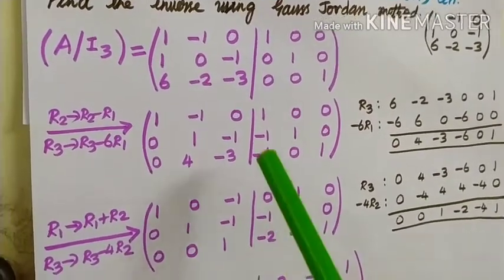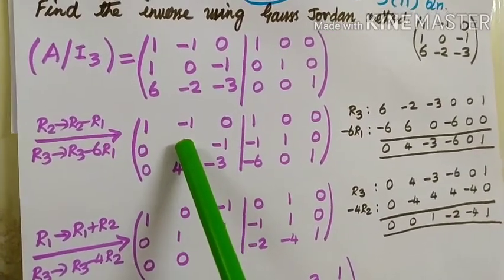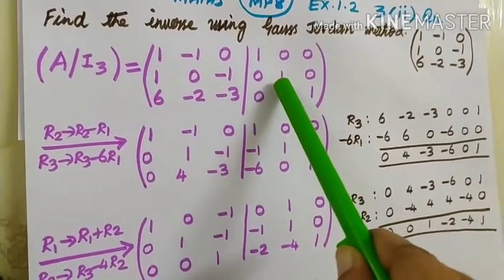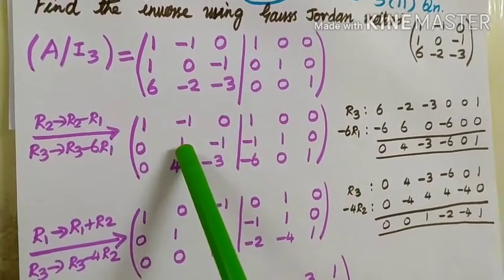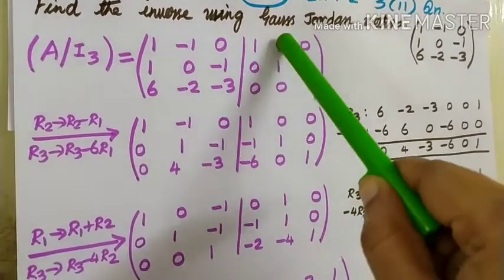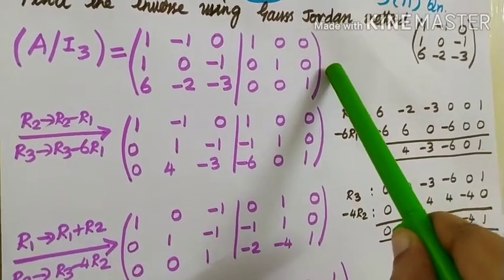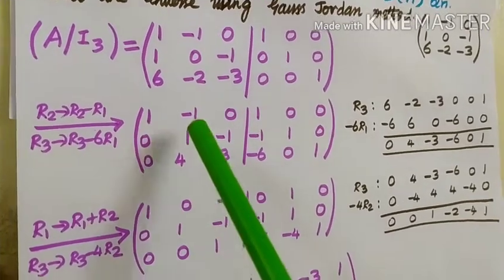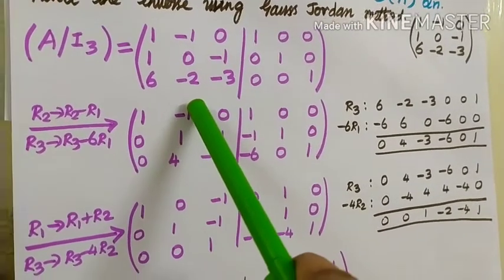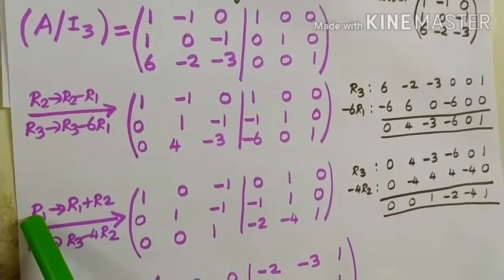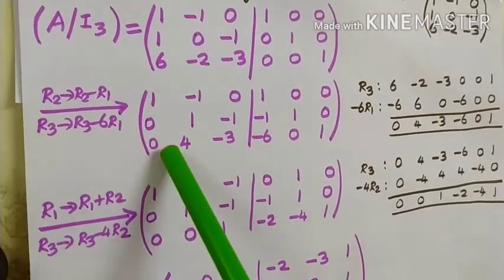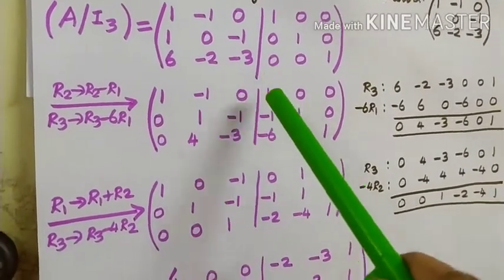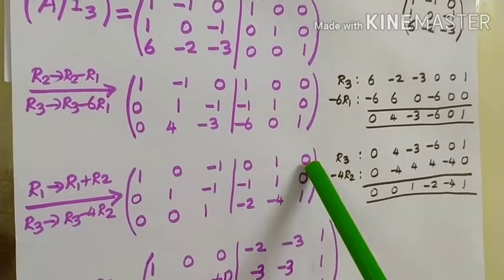My next step to bring about a 1 in the middle row. Because unit matrix 1, 0, 0 over means 0, 1, 0, 1 is my next target. But already 1 is coming. So I have to bring these two zeros using the second row. So using second row, achieve 0 and 0 here. Here 1, here minus 1. Directly I can add it. So R1 becomes R1 plus R2. So 1 plus 0, minus 1 plus 1, 0 minus 1, 1 minus 1. So we have added and we have written here.